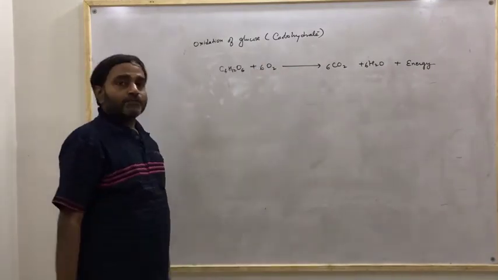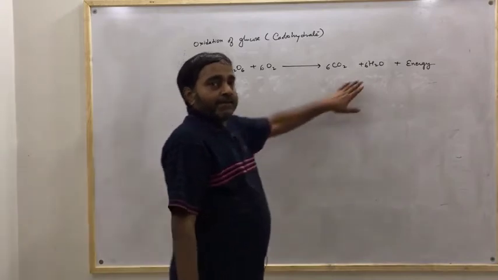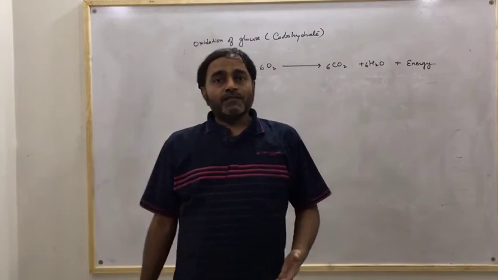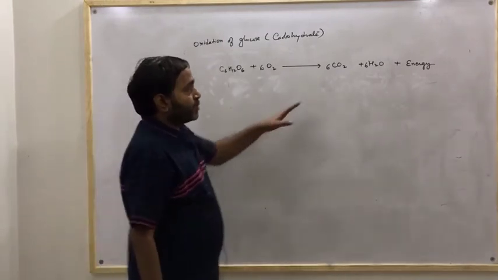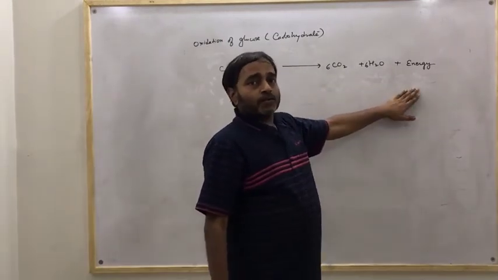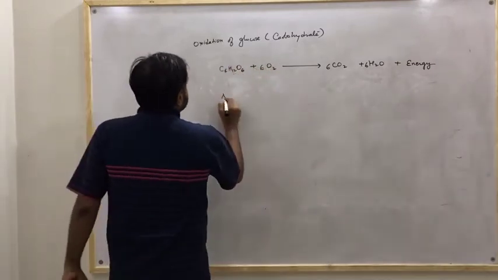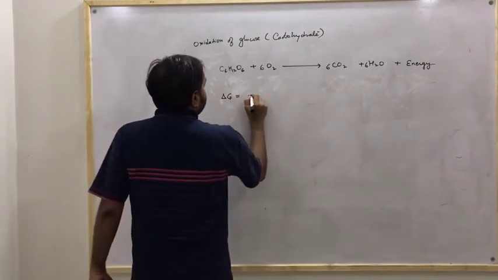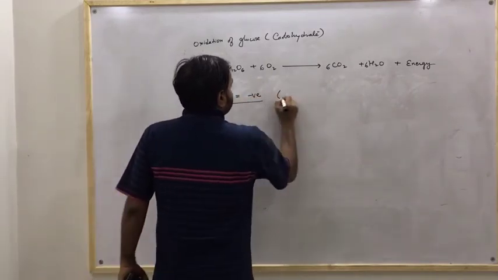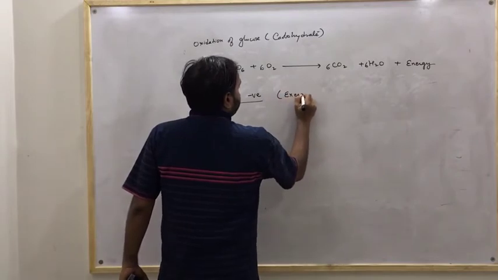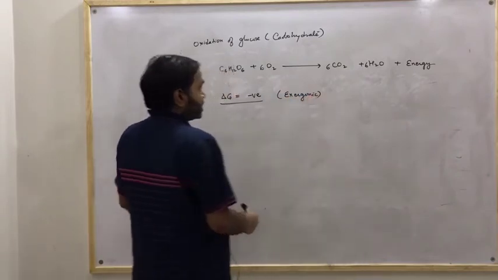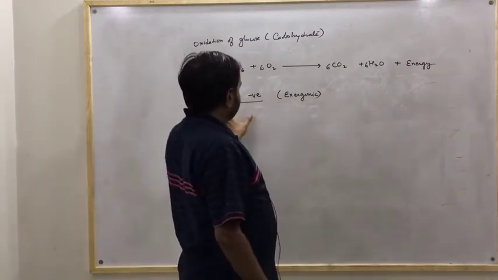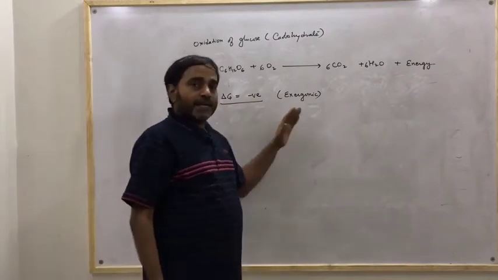But the fact which we require to know is, when you measure this energy by using a calorimeter, what will be the amount of energy which is liberated out? It is an exergonic process, I already told you. Delta G, that is Gibbs free energy, will be negative for it, and the process is exergonic. Energy will be liberated out, the bond is getting broken down. That's why we are writing that the delta G will be negative.